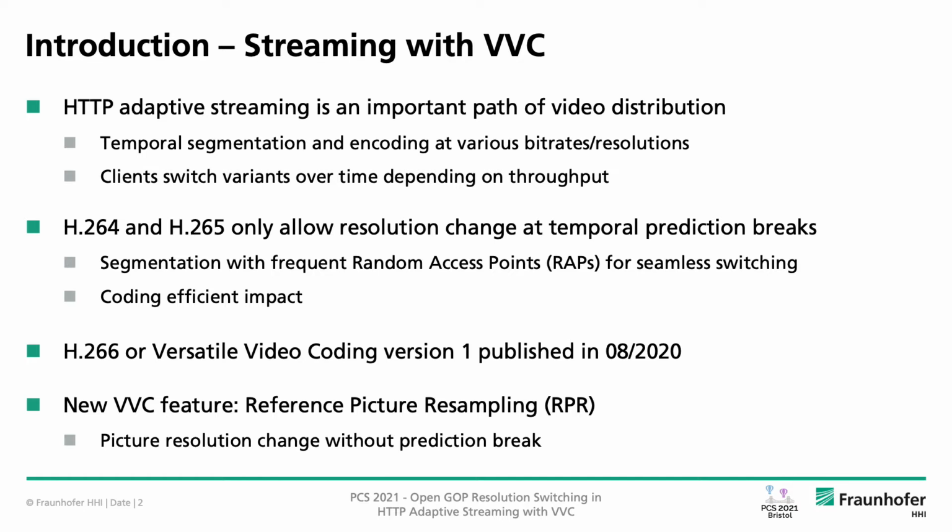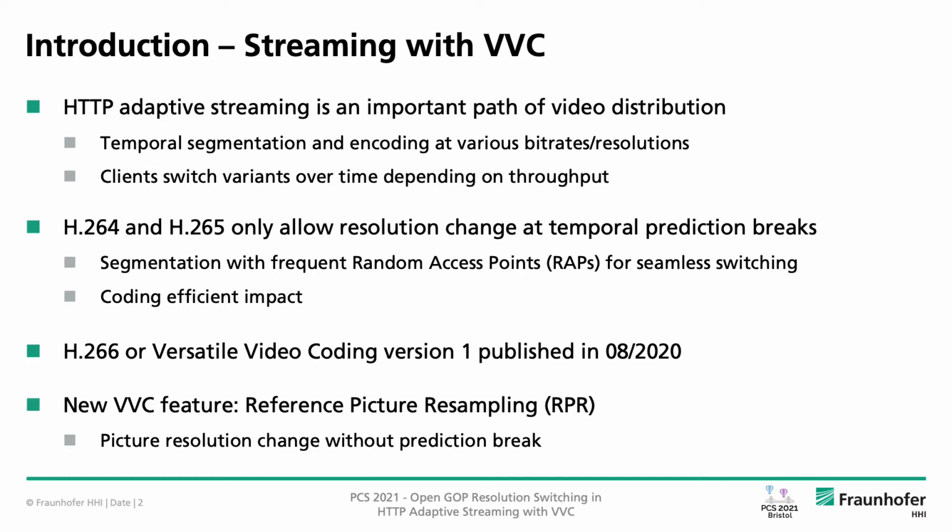HTTP Adaptive Streaming is one of the most important paths of video distribution nowadays. For it, content usually is temporally segmented, and each segment is encoded at various bit rates or resolutions to fit the needs of the various clients. A single client can then switch between variants of each segment it downloads over time, depending on, for example, the